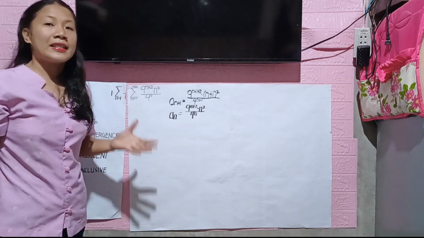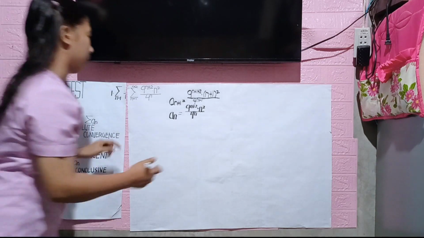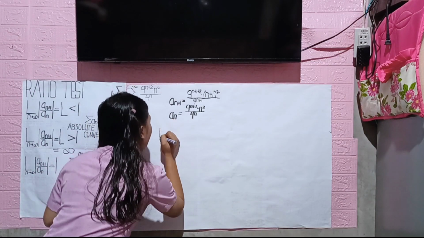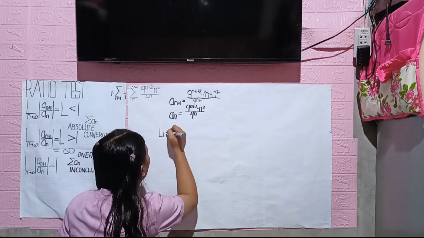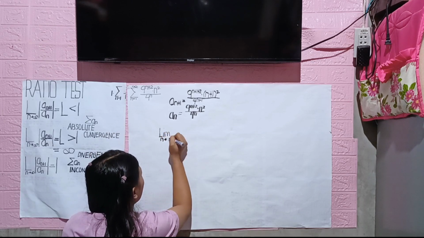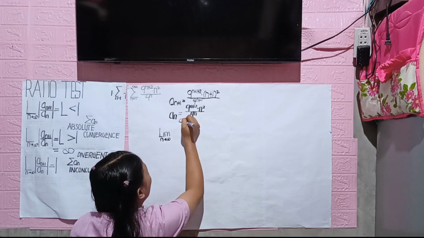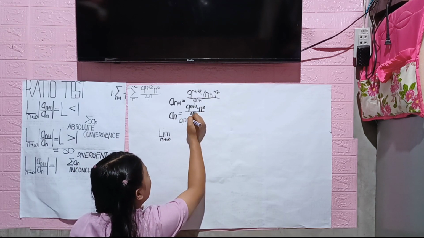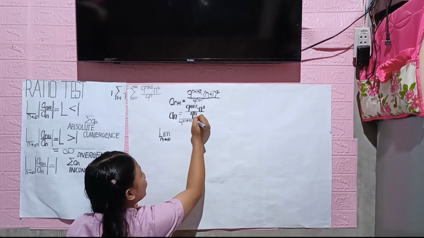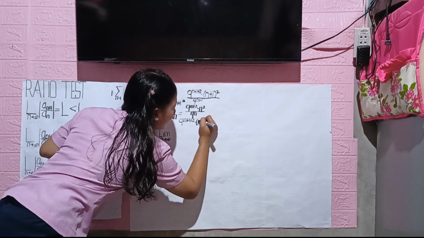So now, let's take the limit as n goes to infinity. So limit of n goes to infinity. So our a sub n plus 1, 9 to the n plus 1 plus 2 times n